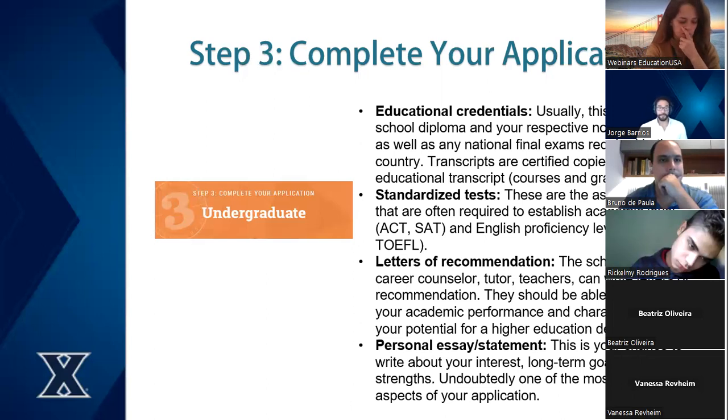Finally, the personal statement or essay, and this is your chance to write about your interests, long-term goals, and strengths. I will say it's one of the most important documents of your application. We'll talk more about it in the next slide, but it's important that you keep in mind that